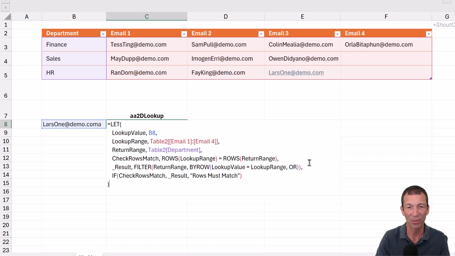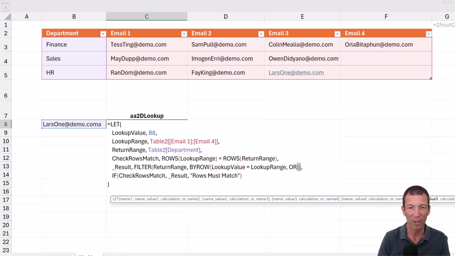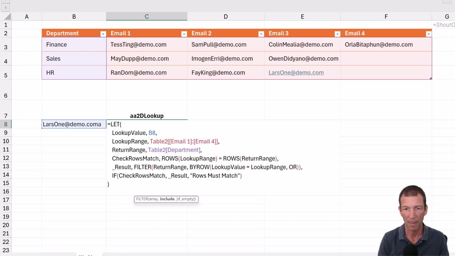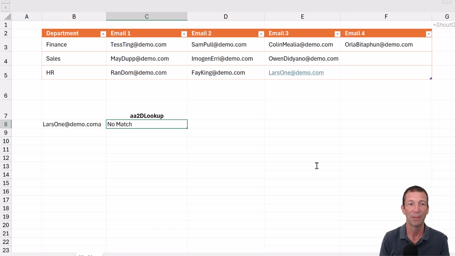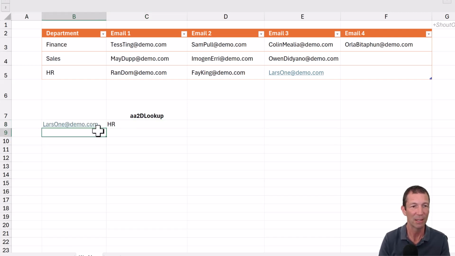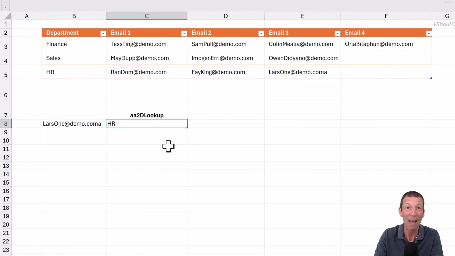And it's really simple to fix because the filter function, okay, after the or bracket has an if empty clause. So you can just put in, you know, no match. Press Enter. Great. Okay, much better. And then if I fix this up, get rid of the A off the end, Lars is in HR. And now finally, let's turn this into a Lambda so that I can reuse it in lots of